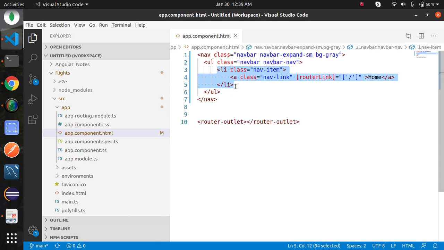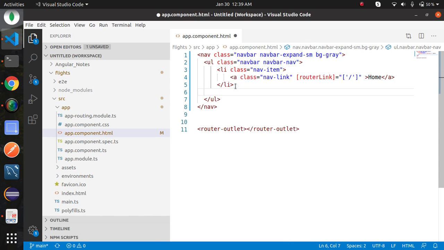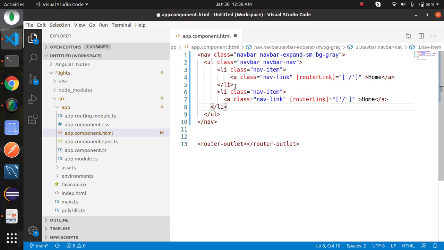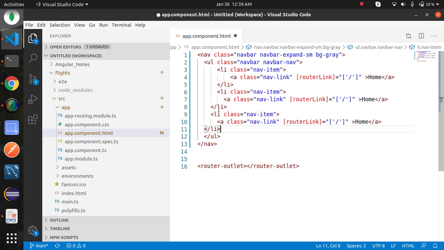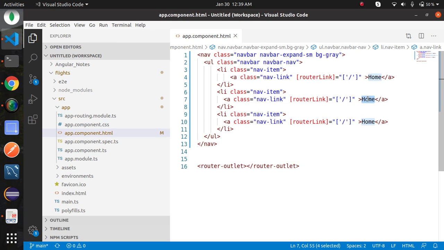Copy this and paste it to create some more routes as well. Here provide the about us.